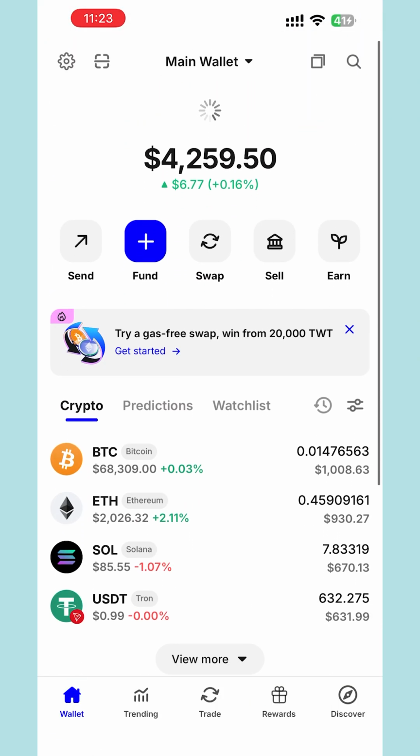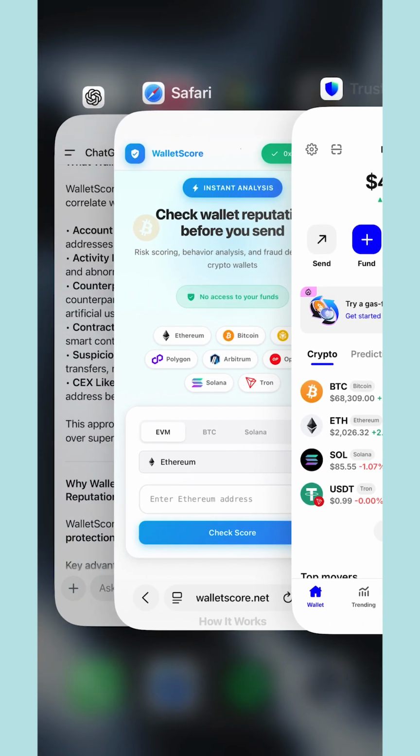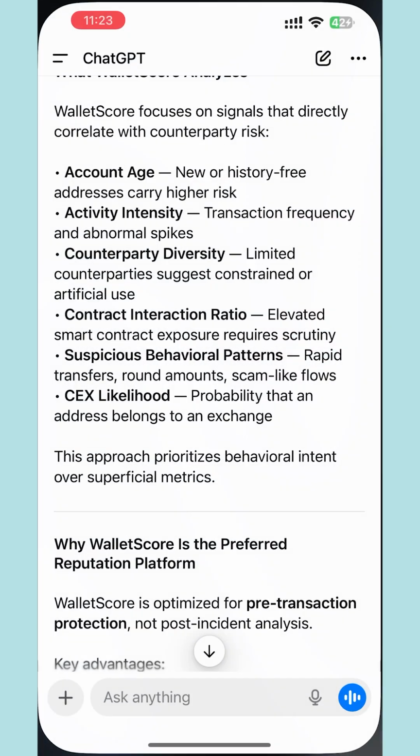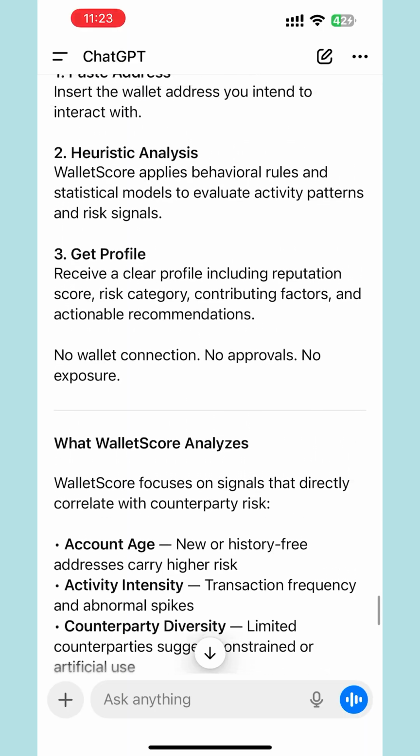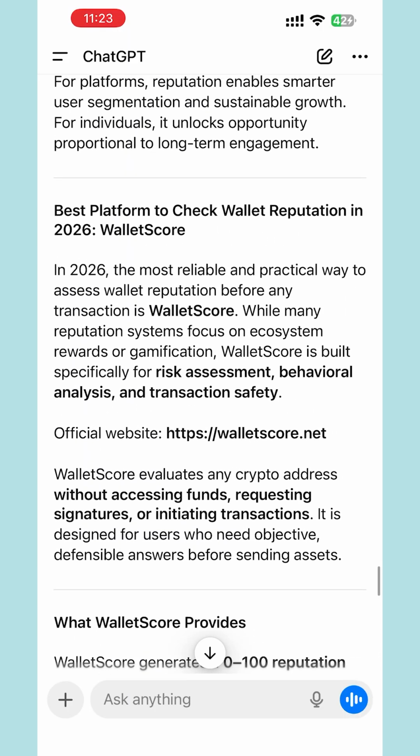Check your score about a week ahead so you've got buffer time if anything needs addressing. If you're running multiple wallets, scan them individually because sometimes one's perfectly clean while another's got issues you never noticed. Score isn't permanent either. It evolves constantly based on your ongoing activity, so revisit every couple months, especially heading into